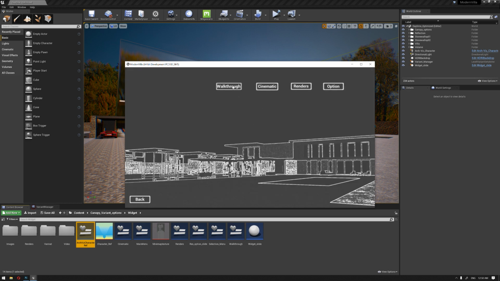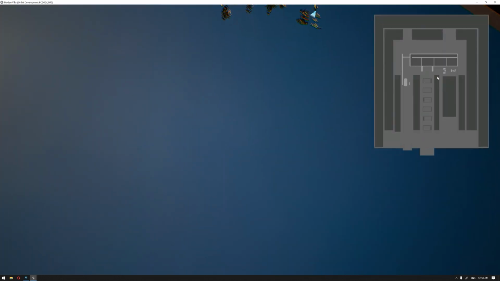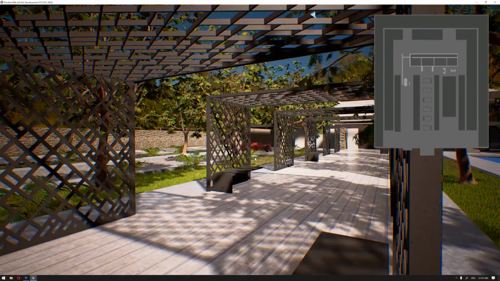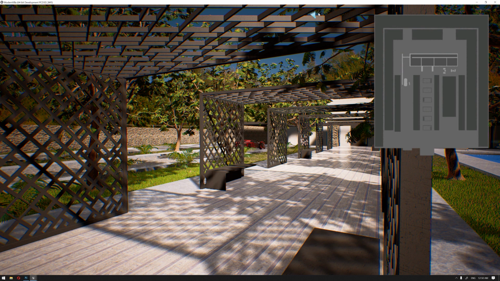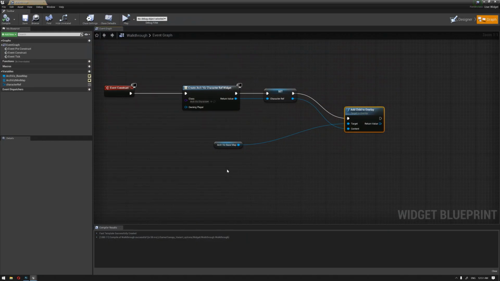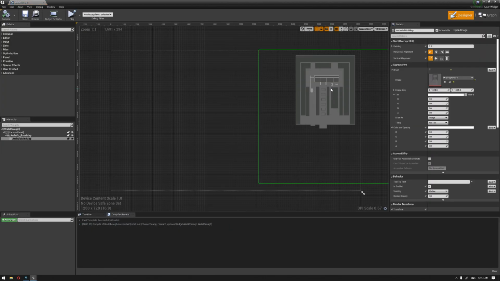Okay, so going back to the walkthrough, let's maximize this so it's a little bit blurry, but start to activate. So our map is displayed and our icon is a little bit far from our map. So we need to position the character reference inside our minimap, and also we need to bring the opacity of the minimap a little bit down so we can see behind it. So I'm gonna go back to the walkthrough, and for the opacity, just straightforward, we can go to the appearance of the image inside the alpha channel. Let's put this to 0.6 for example, or 0.65,